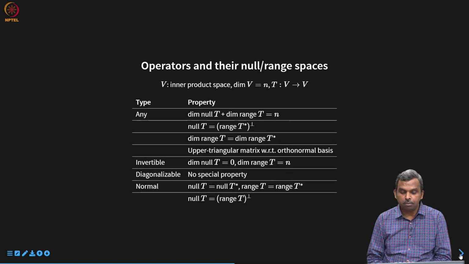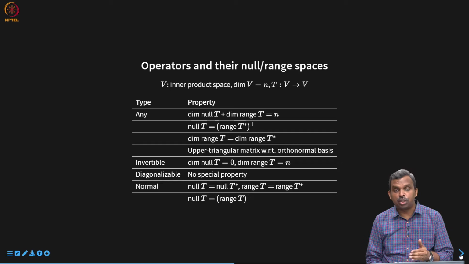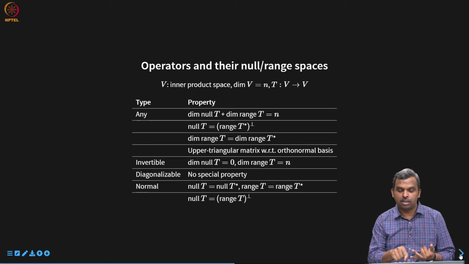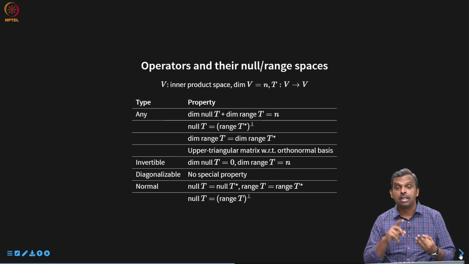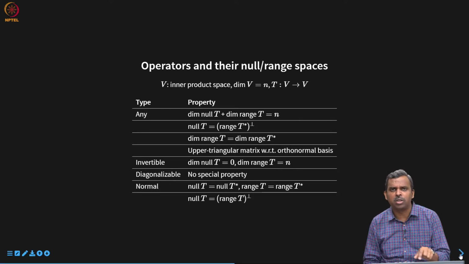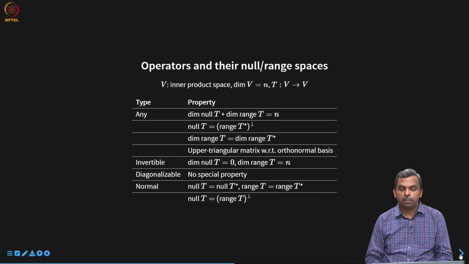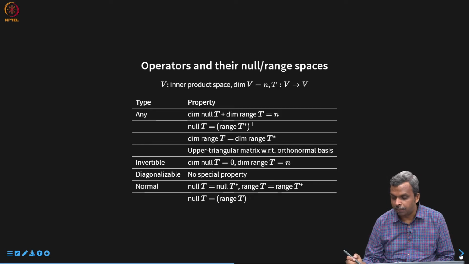Okay. Of course, self-adjoint is a subset of normal. Also, something that holds for normal will hold for self-adjoint. And if you think about it, positive operators are also self-adjoint, so all these properties of null space will hold for positive. Isometries are also normal, so whatever holds for normal will also hold for them. That's why I've just stopped with normal. All the other guys will come into that. Okay, so this is one type of summary.